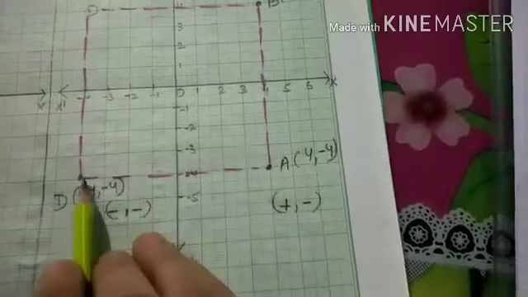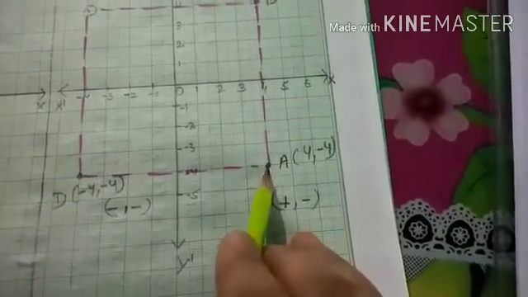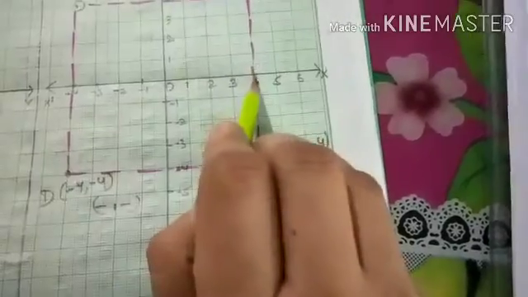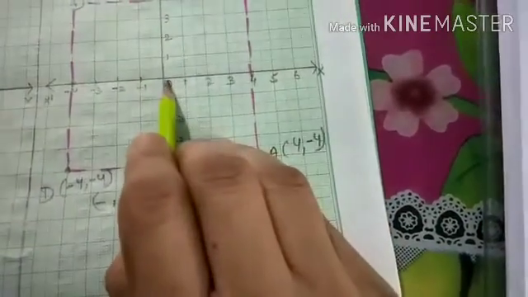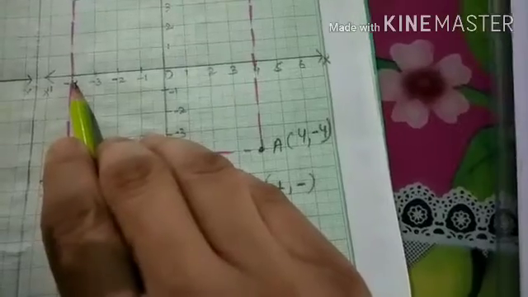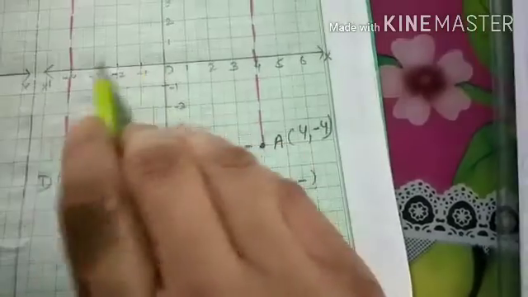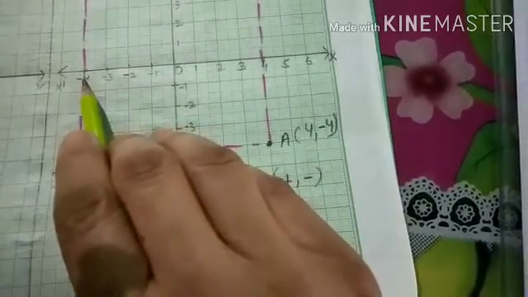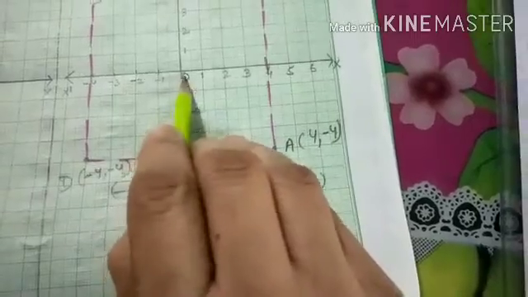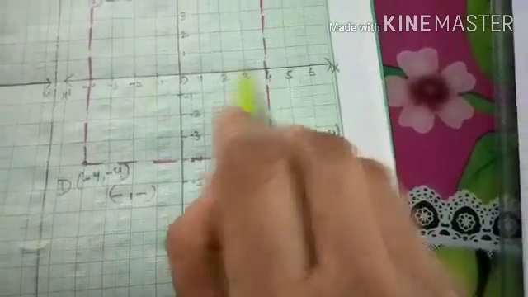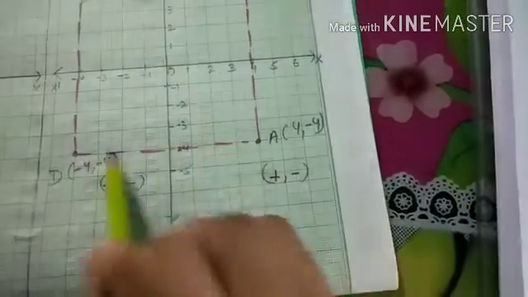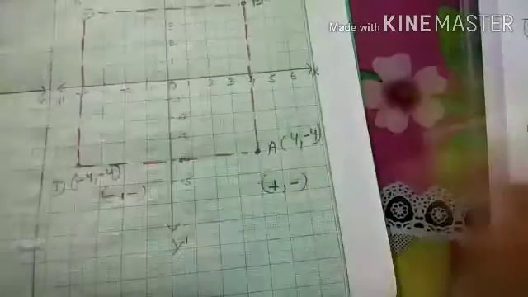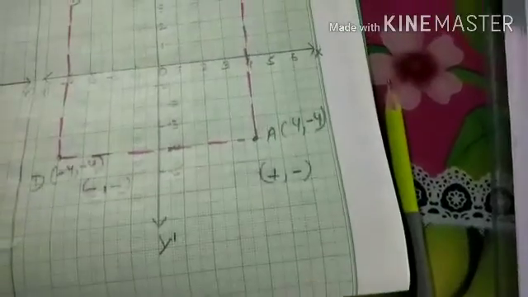Okay students, now this is the length from this point to this point. We can see that from here to here we move 4, and from here to this side on the minus direction we are moving again 4. It is a -4, but the distance is 1 unit, 2 unit, 3 unit and 4 unit we are moving. So 4 units on the left side and 4 units on the right side. Total distance we moved is 8. That means the length of the square we have is 8 unit.